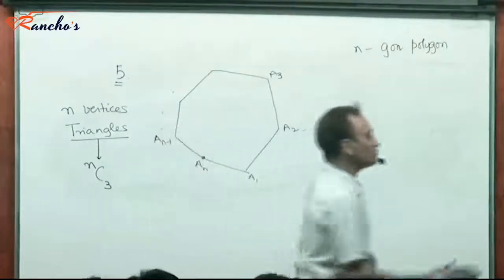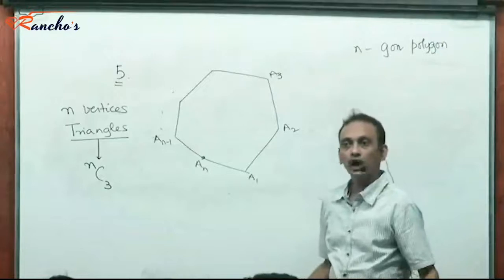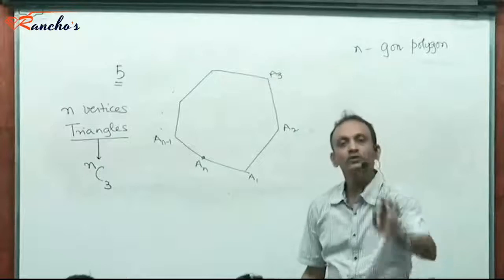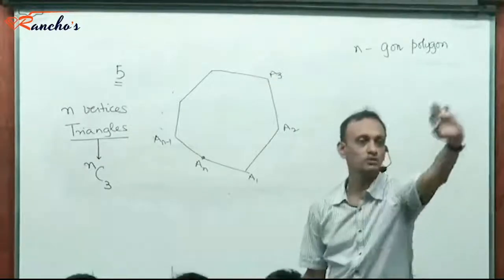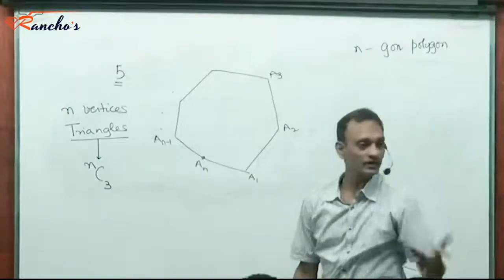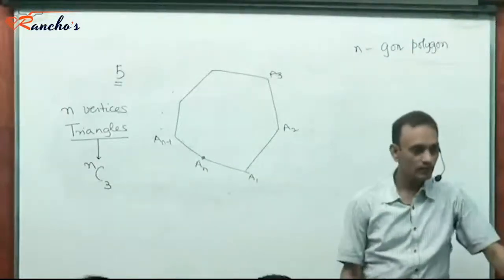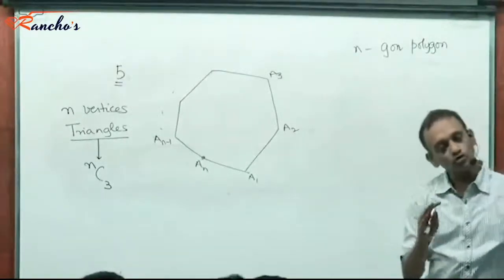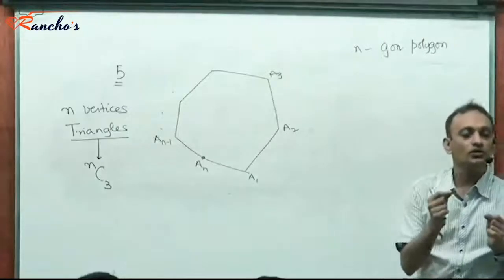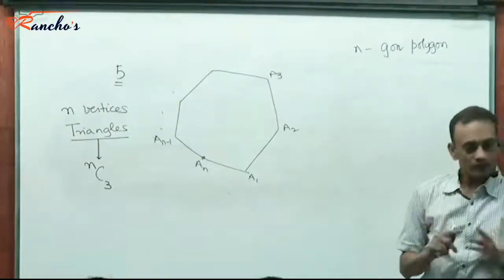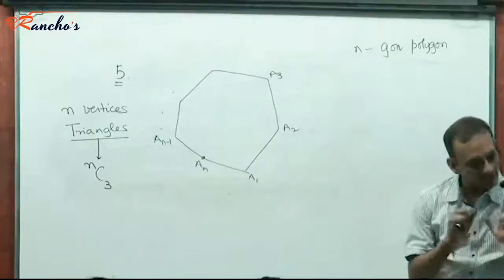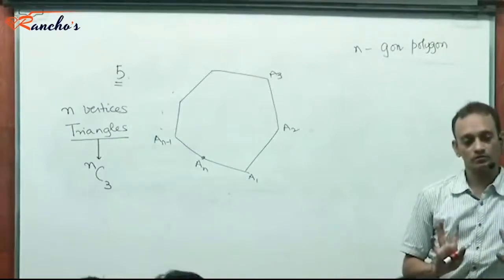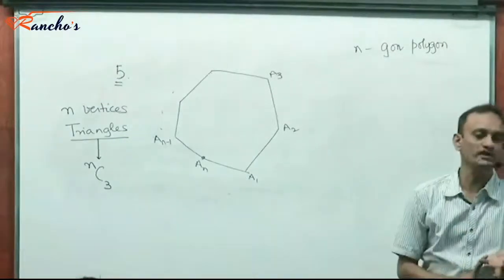Right? So, are you fine with this? We want to remove triangles with 1 side common. We want to remove triangles with 2 sides common. Did you understand that there are NC3 triangles? From this I want to remove all the triangles that have sides common with the polygon. That means I want to remove triangles that have 1 side common with the polygon, and triangles that have 2 sides common with the polygon. Exactly 1 side and exactly 2 sides common with the polygon.